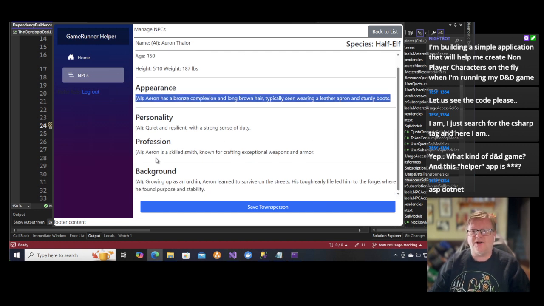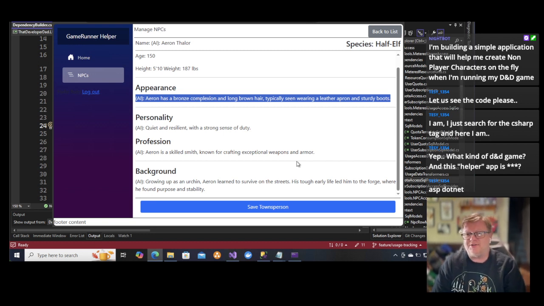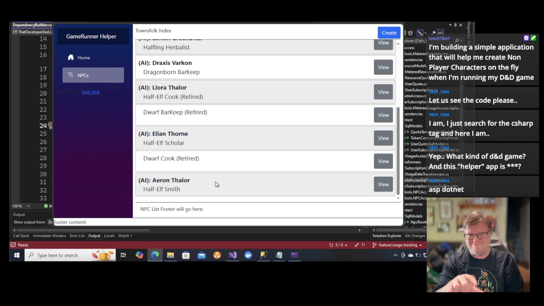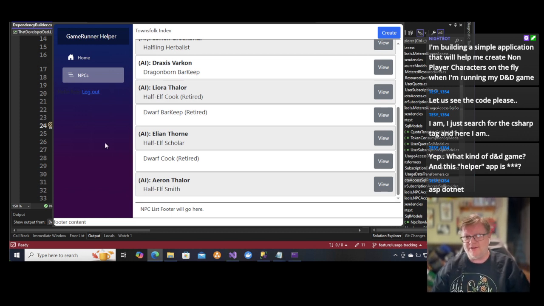Quiet and resilient, strong sense of duty, skilled smith. Growing up as an urchin, learned to survive on the streets. His tough early life led him to the forge where he found purpose and stability. I like this guy. I'm going to save him. So off he goes. And I've got him ready, waiting in the wings for when my players hit me up with that. And this is just sort of the first minimum viable product feature that I'm putting together for this,